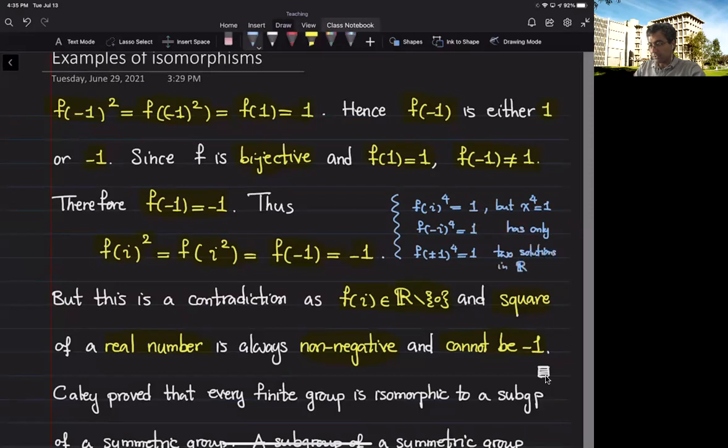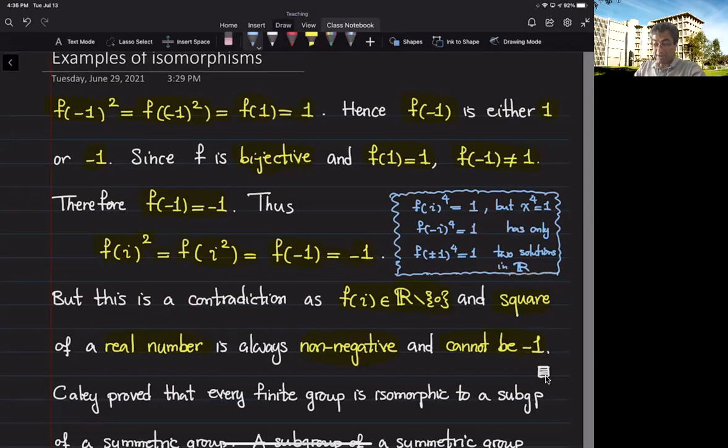In non-zero real numbers, in real numbers. So from here, we deduce that we cannot have 4 distinct elements in real numbers that are solutions of x to the 4 equals 1. That means that f cannot be a bijective map